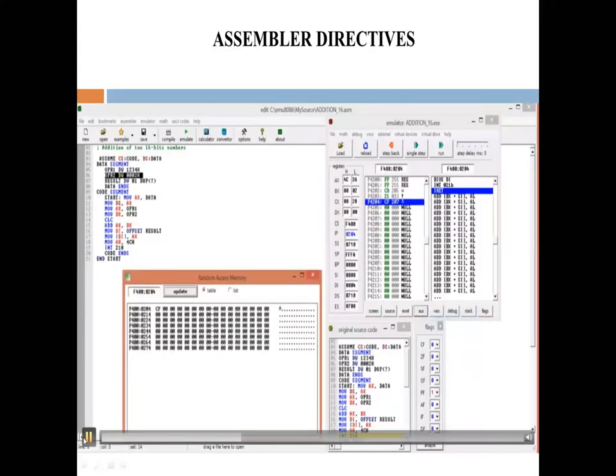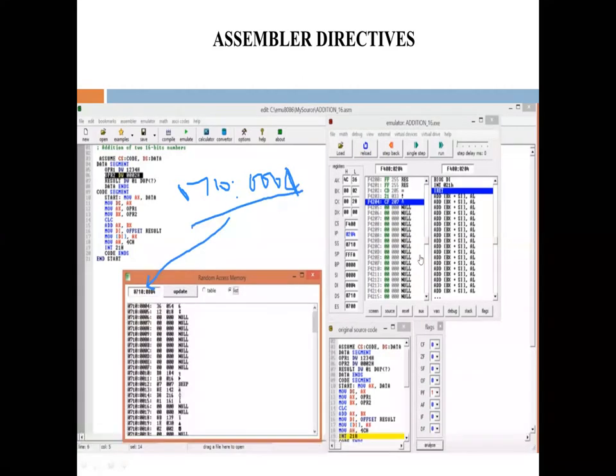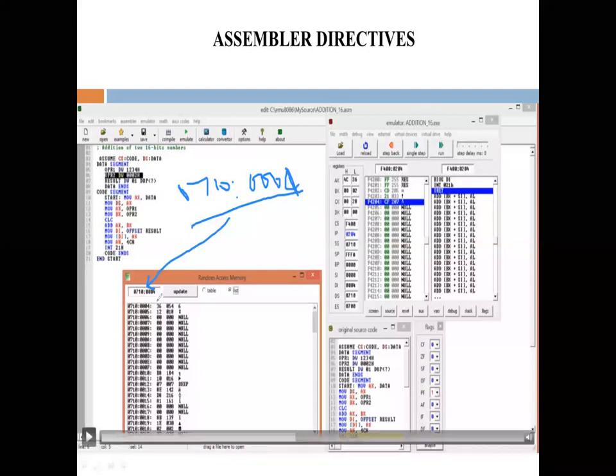Now we can see the result at that memory location, 0710:0004. Lower bytes are stored at the lower address and higher bytes are stored at the higher address.